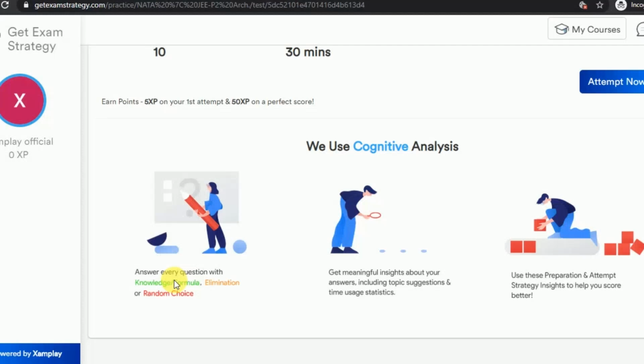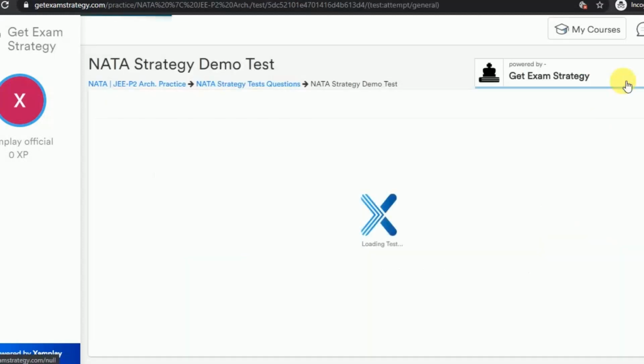If you try to answer any objective type question, there are only 3 ways you can answer. One is either using a formula or knowledge, you arrive at an answer choice, or you choose elimination by eliminating the answer options, or you have no clue what the question is, what the answer is, and you say Jai Mata Di and go for random choice. So these are called the method of arriving at the answer choice. So we collect this information at the end of each question to give you very rich analytics. So let us go ahead and attempt the test, and I'll tell you how it's going to work.